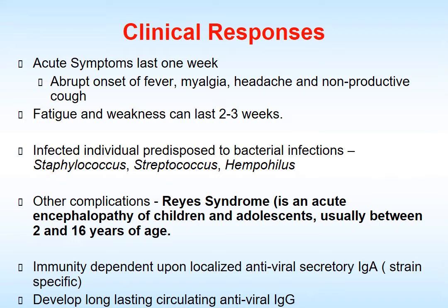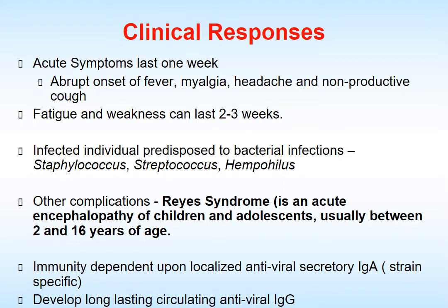Infected individuals are predisposed to bacterial infections caused by Staphylococcus, Streptococcus, Haemophilus. So we are speaking about secondary bacterial infections, and the basis of this process is a huge suppression of the immune system by influenza virus. One more complication is Reye's syndrome. Reye's syndrome is an acute encephalopathy of children and adolescents, usually patients 2-16